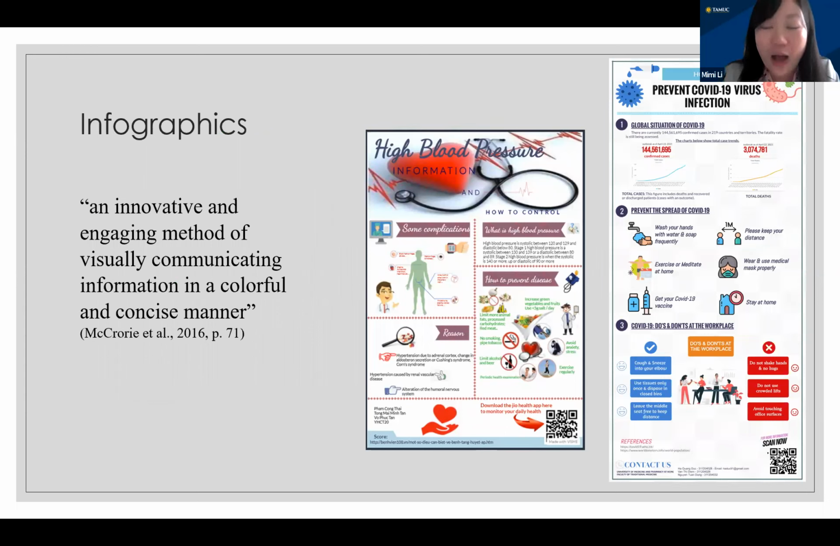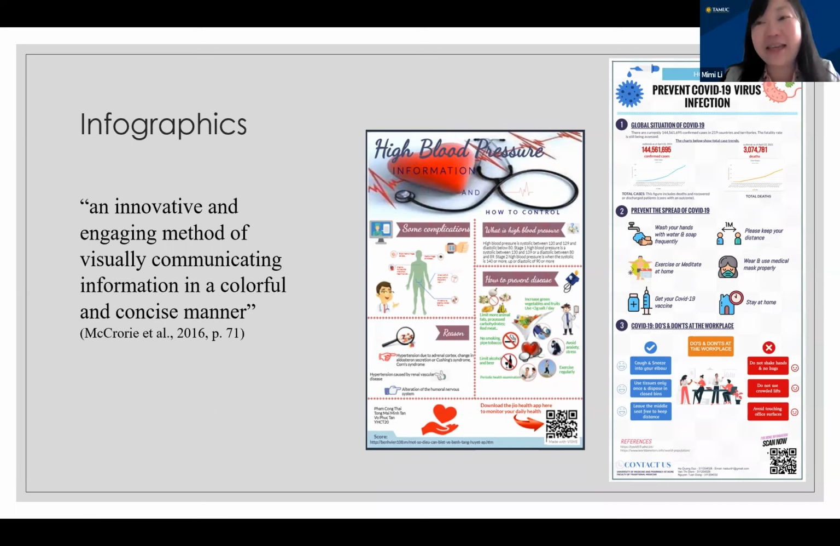So we actually require students to complete 2 tasks. So here is the first DMC task to create the infographic poster on how to control the high blood pressure to their future patients. And the second one is how to prevent COVID-19 infection. So for the relatives and friends. So as you can tell,